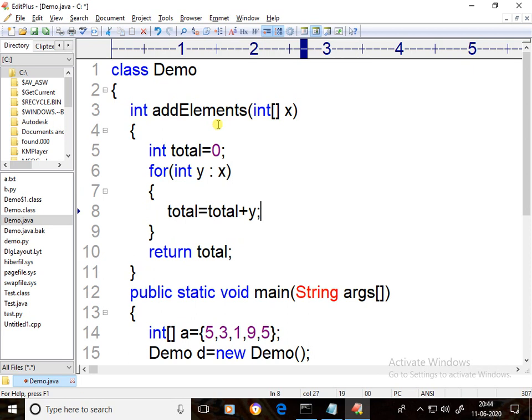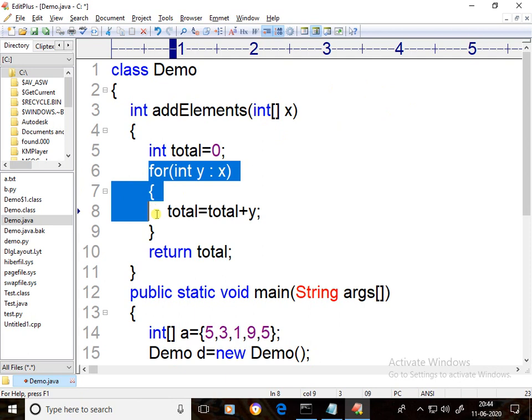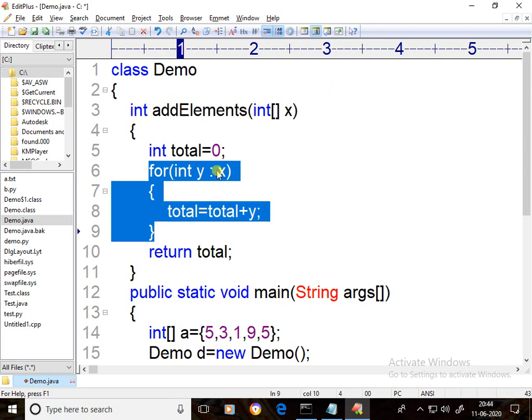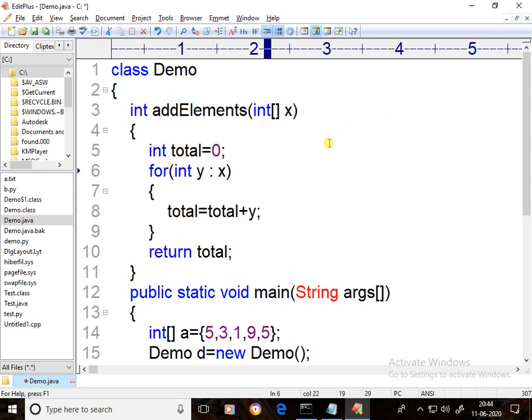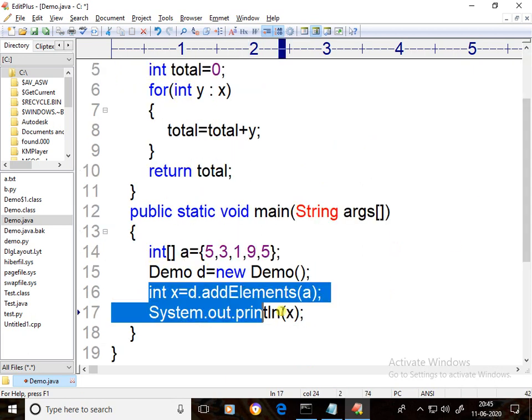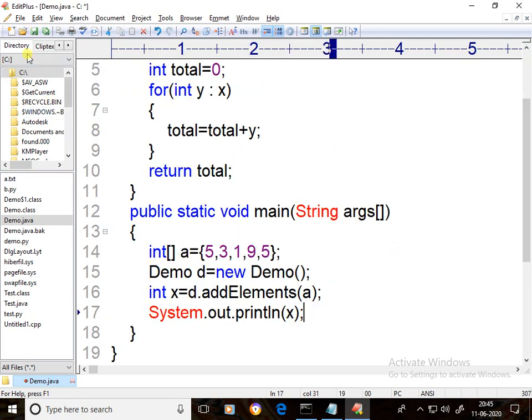Here x is an array reference, it refers to the array of elements. From that array, one element is copied in y, and that y will be added to total. This is done automatically. This is more convenient for programmers. Total is returned, copied in x and printed. See, like this also you'll get the same output.